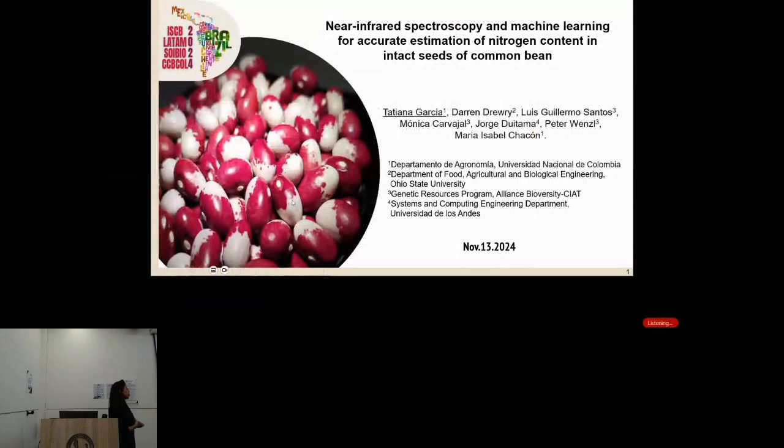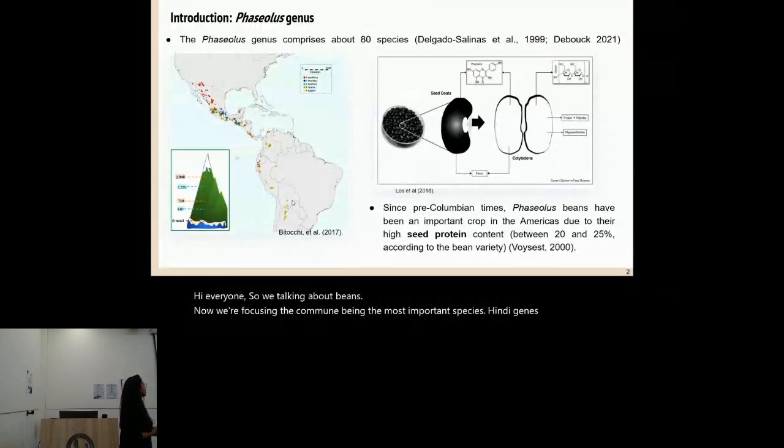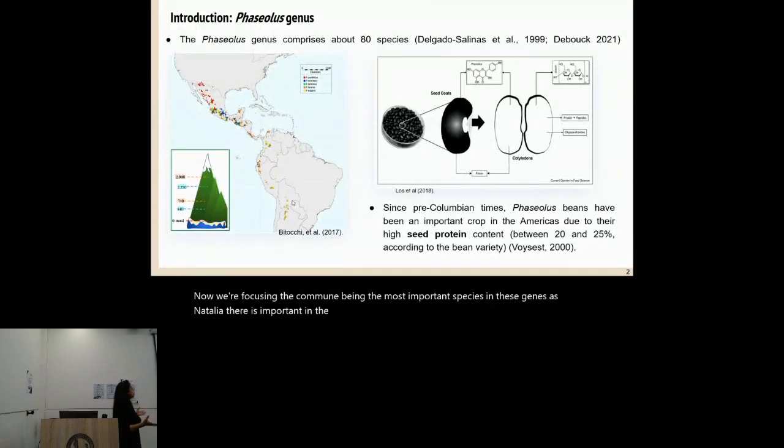Hi everyone. So we're talking about beans, continuing with the beans. Now we're focusing on the common beans, the most important species in this genus. As previously said, it is important in the American continent. We have two areas of domestication, the Mesoamerican and the Andean, but the most important feature here in